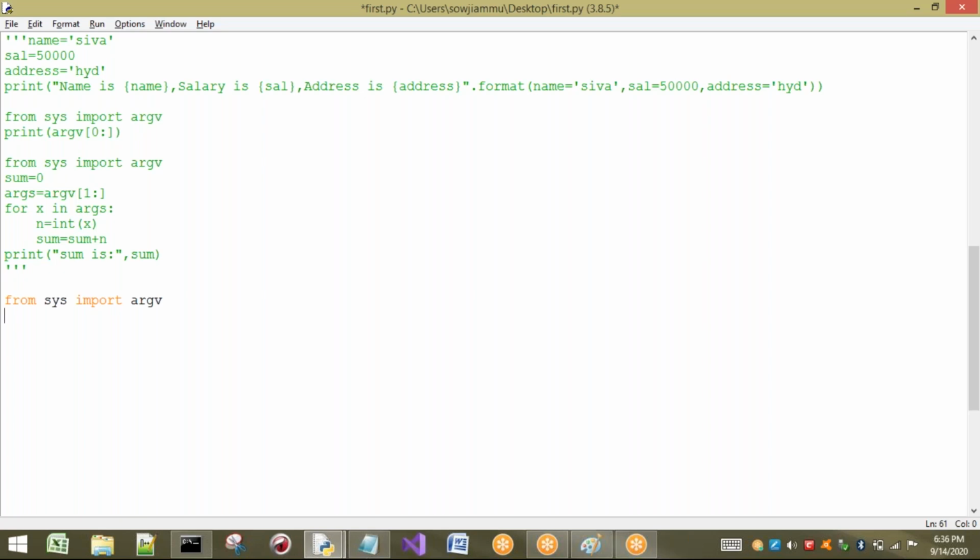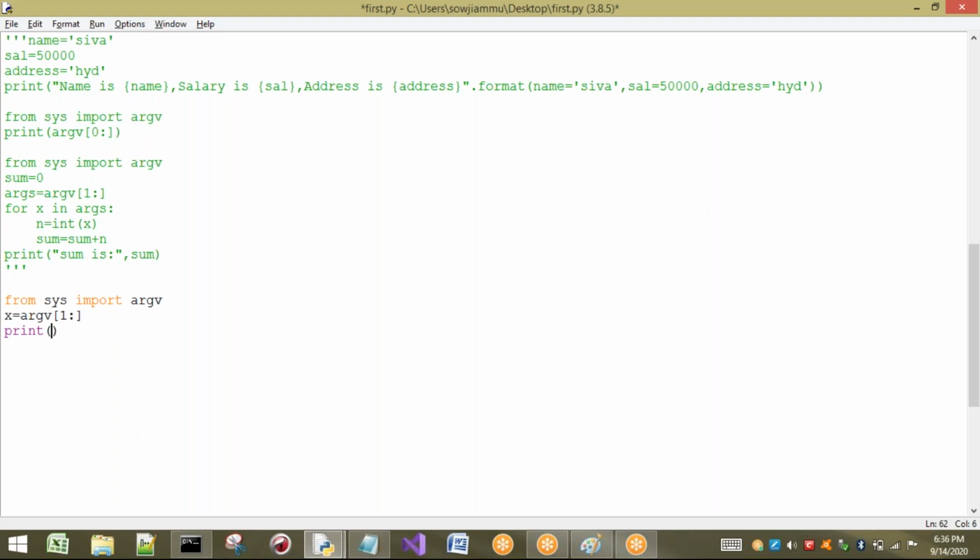For x, I will take here argv of 1 colon up to n. I want to print the length of x. That means I want to find how many arguments there are.